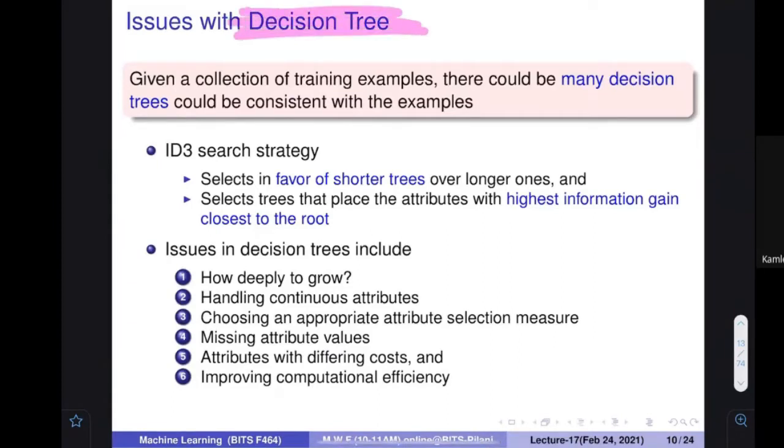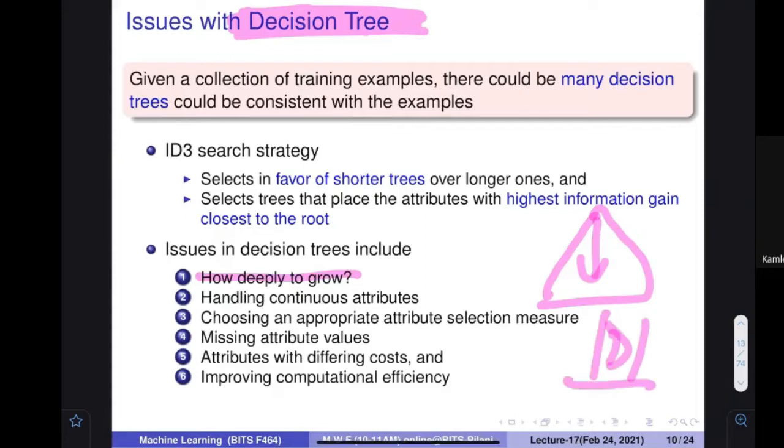Last class we saw that when you develop a decision tree, a few issues pop up. For example, how deeply to grow. If you grow the tree very deep, then on the complete database everything is going to be completely correct, and therefore the chances of overfitting arise. When we studied concept learning, we learned that something 100% correct on your database is definitely going to make errors on new examples. So even if we are somewhat worse on this, we want the tree that is better on unseen examples.